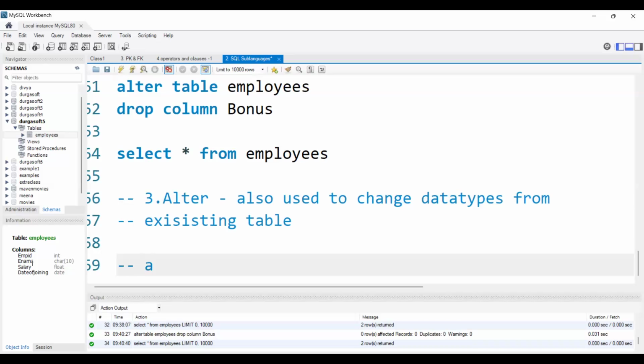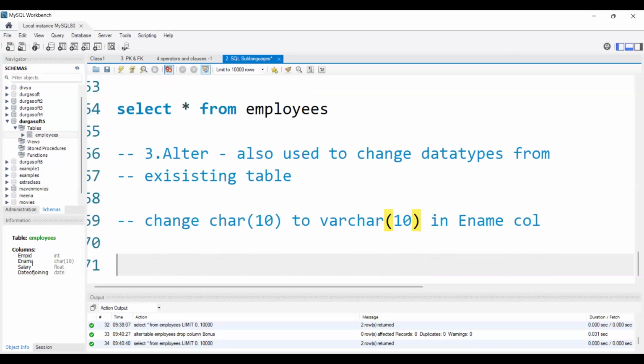Let's see an example. For example, we will change char of 10 to varchar of 10 in the employees name column.